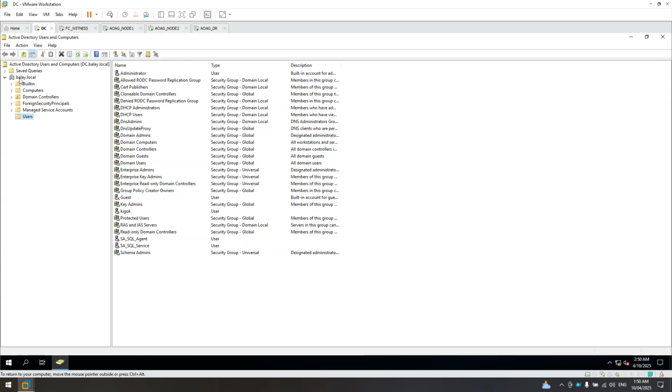Inside the balay.local Active Directory and the users, I created 2 service accounts. You see the one SA_ that serves as the service account for SQL Agent and the service account for the SQL service.